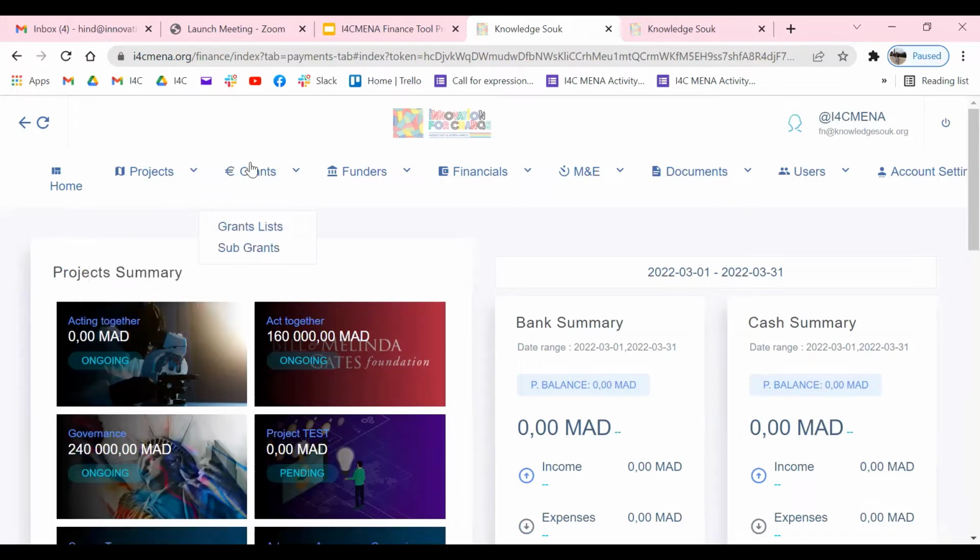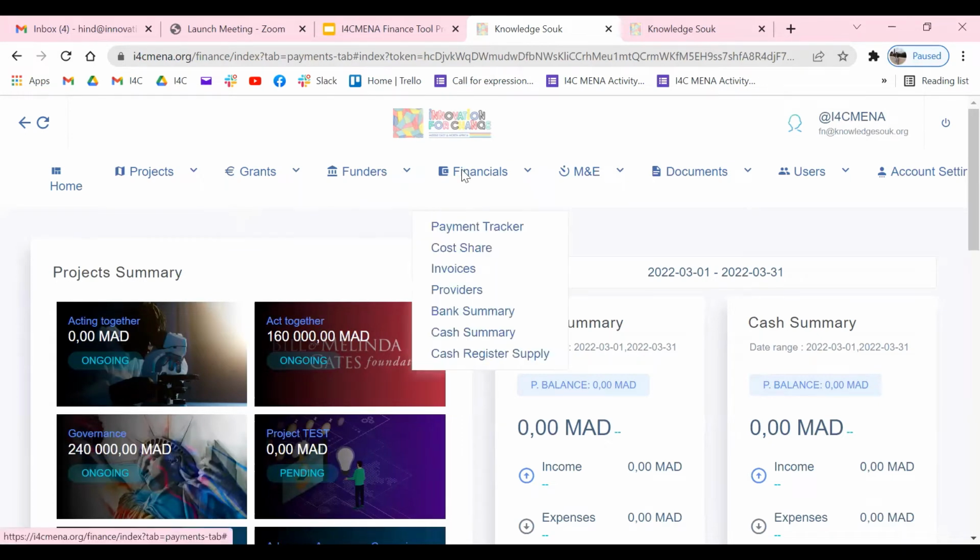We have also the other one for the grants. From here, you can include new grants or access the existing ones to make some edits on them. Same thing for the vendor main menu. Here in the financial menu, you will find all the tools that are needed to record, monitor, and manage the finances of the project or the organization.